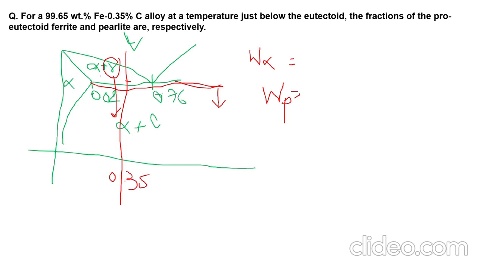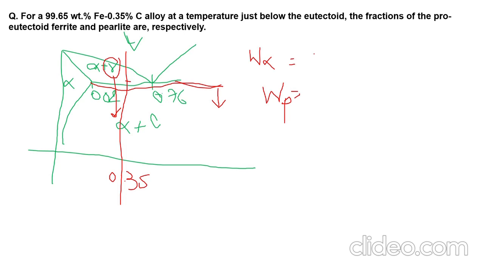So just using the lever rule in this region, just above the eutectoid point, we can find the weight percentage of these two phases. Based on the question, the proeutectoid ferrite is nothing but the alpha from this phase region, and pearlite is nothing but the gamma that will be completely transformed to pearlite once the eutectoid region is crossed over. So the alpha will be given by